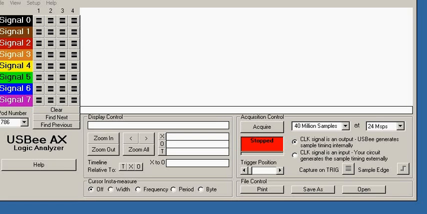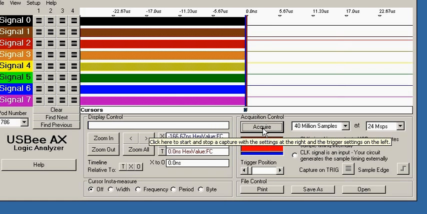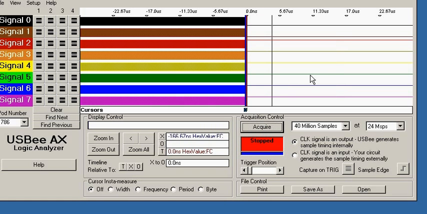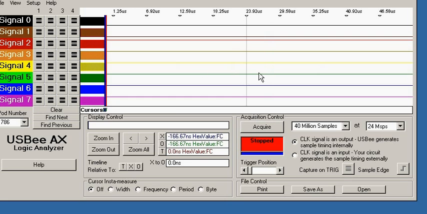This is the USB AX Logic Analyzer module that comes with the AX test pod, and this is intended to capture the 8 digital signal lines at the end of the pod and display them over time in the waveform view here. We're going to start by simply pressing acquire. We already have 2 signals attached to signal 0 and signal 1 on our pod that are oscillating, and we can scroll